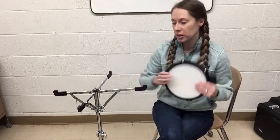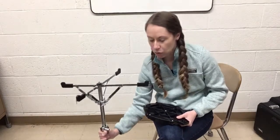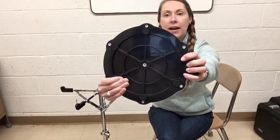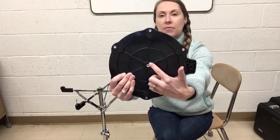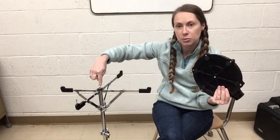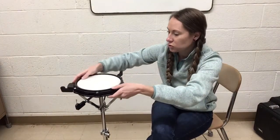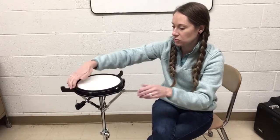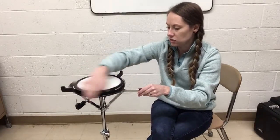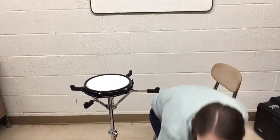And this is the way this works. You're just going to take your bell stand, and right on the underneath of this practice pad there is a little place where there's opening for a screw, and that's for this little spot right here. So you just set this on, and you can just screw that right on to the stand that you normally use for your bells, and then you have a practice pad for playing snare,